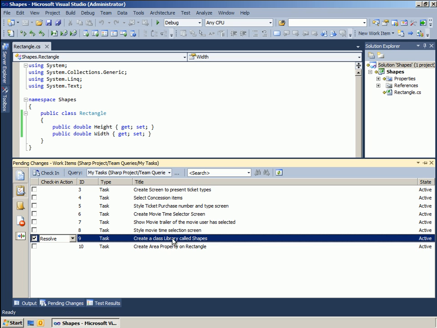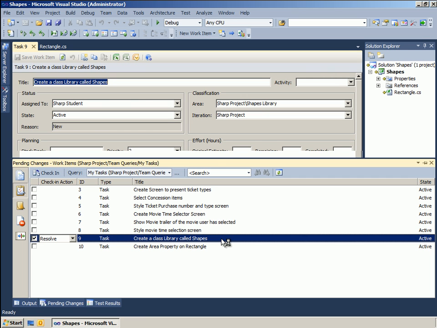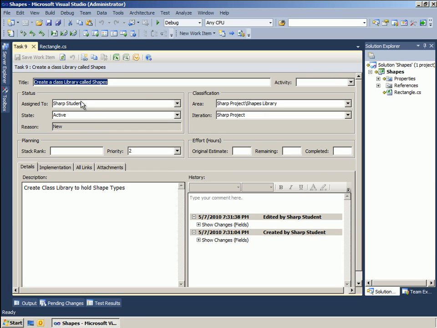Create a class library called shapes, and you can go to that task if you want to, and see who created it, how much time was assigned to it, how much time is remaining, and how much of that work is completed, how many hours, of course. And an important thing here,